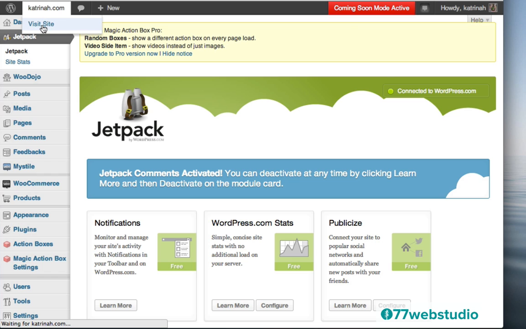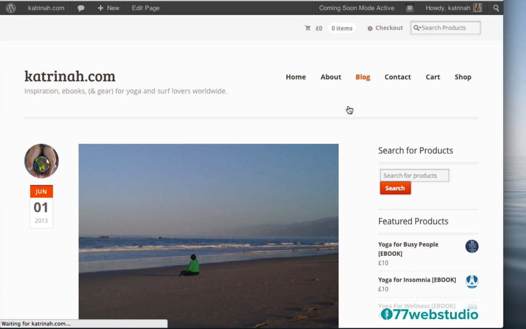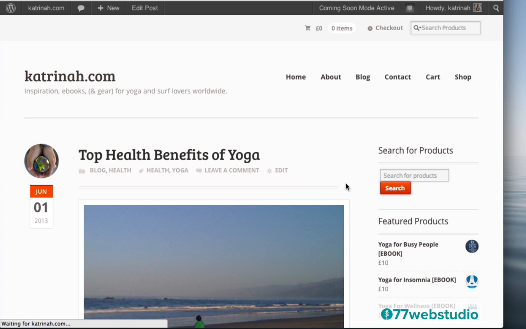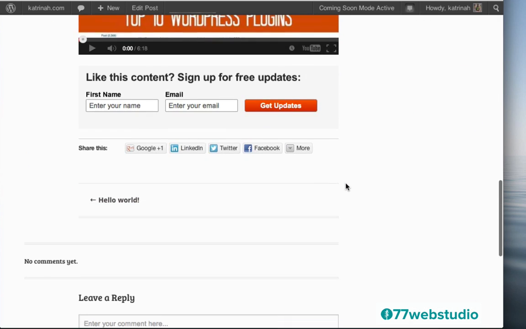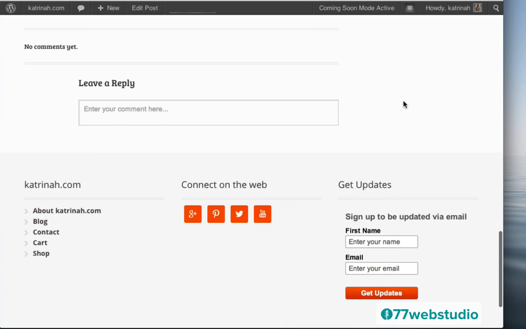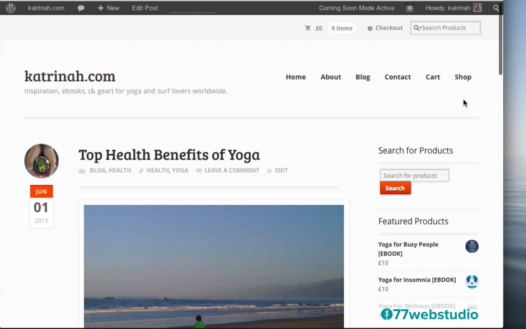Okay, so I'm just going to come up and check out the website by going to Visit Site. Now when I go to the blog page by clicking on Blog and then scrolling down and clicking on this blog post, we see when I scroll down underneath the blog post, we have the social icons right here where anyone can now very easily share your blog post to Google, LinkedIn, Twitter, Facebook, and other social networks. We also see the comment section, and when I click in here, there are additional social integrated sign-in options for anyone who wants to comment. So there we go. I think we're pretty much ready to go.